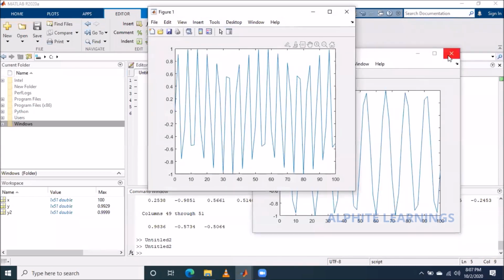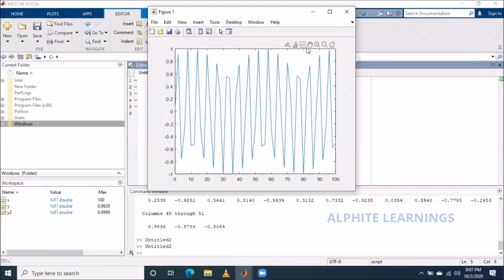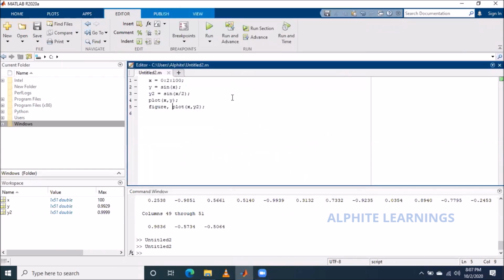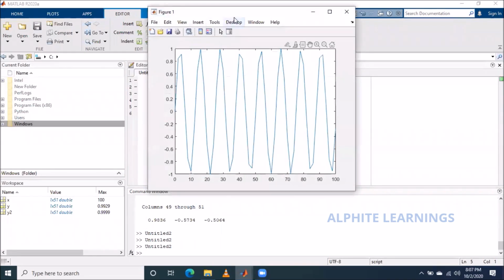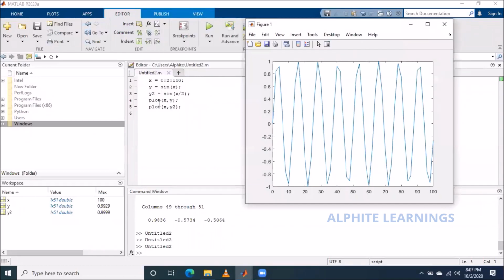If I didn't mention figure, what would my output be? The output will be the first thing; it won't carry on to the next thing. It reads the command, plots this, and won't read the next one. So how do I do this? I want to plot the same graphs inside the same workspace.